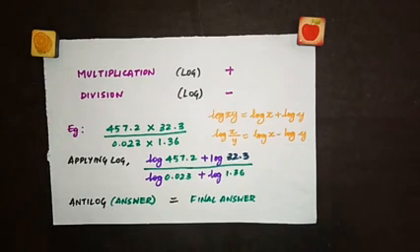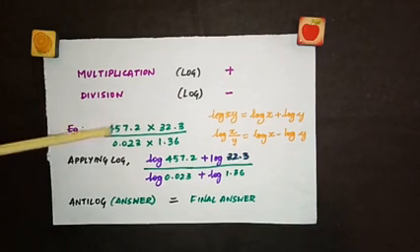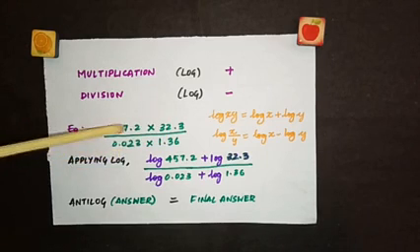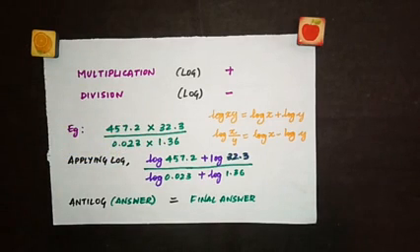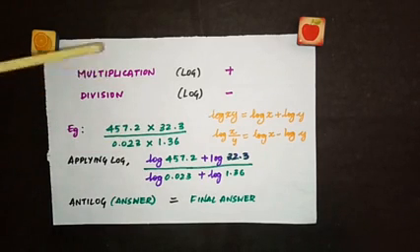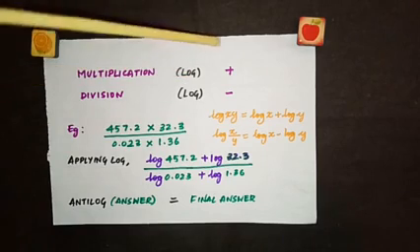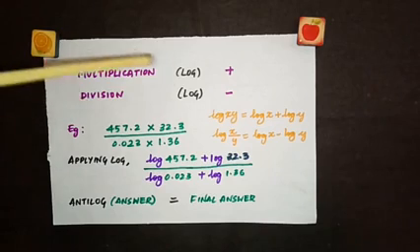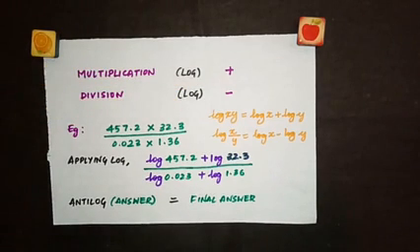Look at this example. We have a problem where we are going to multiply these two numbers, and again these two numbers, and divide those two values. So this is going to be a little complicated, but it's not very difficult. We can do it, but still you can make it easier by applying log. As I told you, if you have multiplication and you apply log, you can do an addition operation, whereas in the case of division, if you apply log, you can subtract. So now I'll show you how we are going to do that.